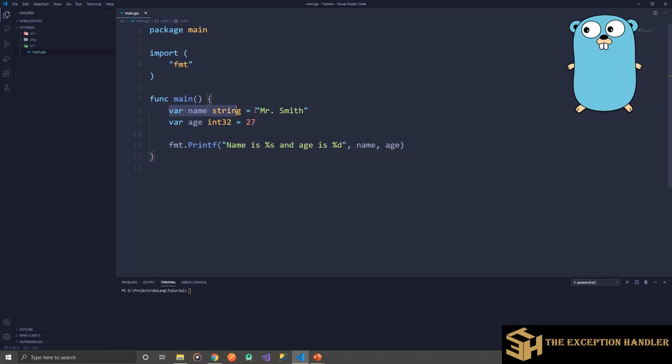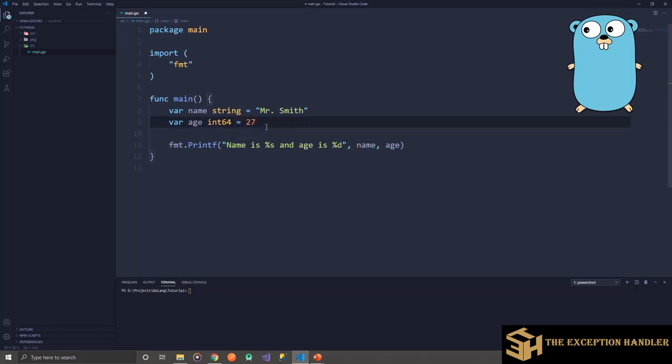Here I have a variable declared name which has an initial value assigned to it, Mr. Smith, and a variable of type int32 assigned a value of 27. In Go we have two types of integer variable basically. One is type 32 and one is type 64.